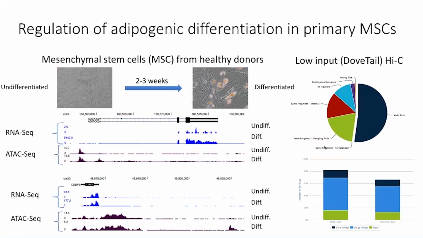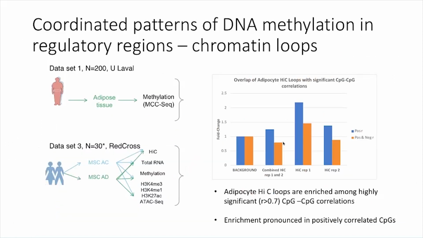And to validate that, we've now started to develop Hi-C looping data from the adipose-derived adipose cells, and we're using the Dovetail low input Hi-C protocol to achieve that, and this has recently been successful. So now we're able to ask directly questions of whether the methylation variation we observe in adipose tissues is overrepresented,